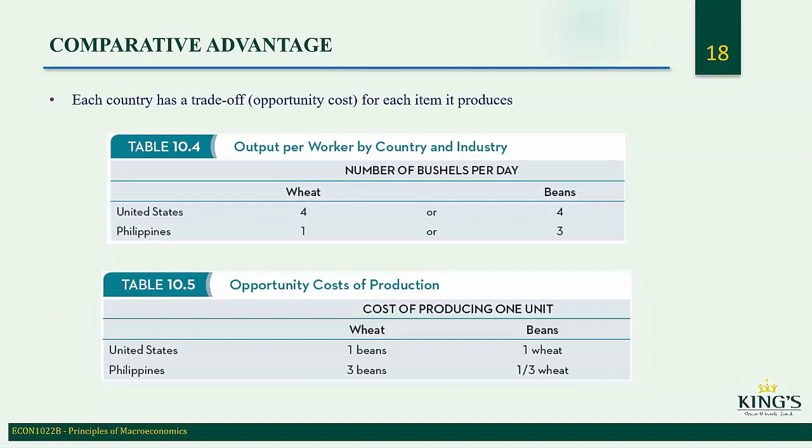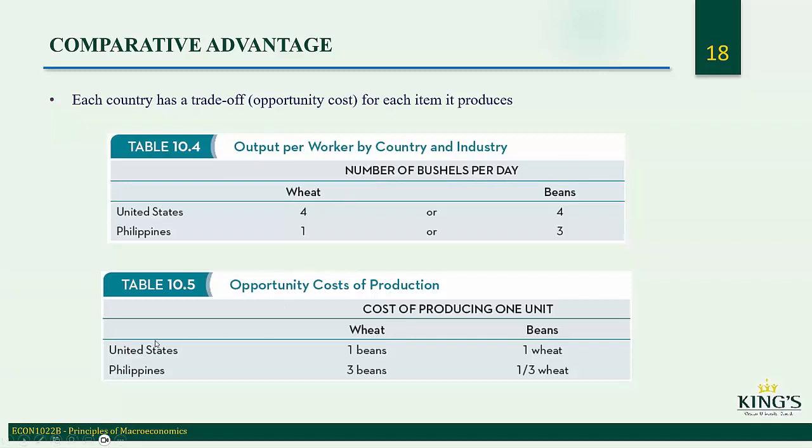So if we look at the United States, right? Let's look at the table at the top first. The United States can produce wheat and beans, and the productivity for each is 4. So if the United States had to grow wheat instead of beans, then their opportunity cost is 1. It's a 1-for-1 basis, right? Because the productivity is the same. And so if the United States grows 1 unit of wheat, their opportunity cost was also 1 unit of bean, right? Because they're equally